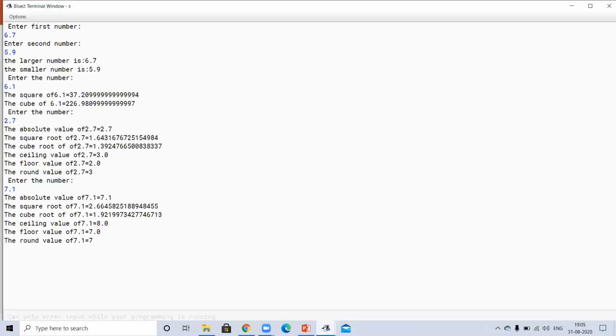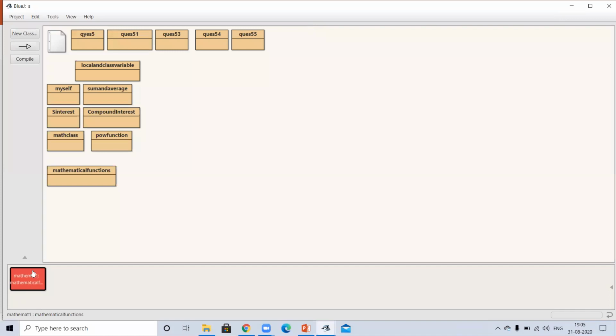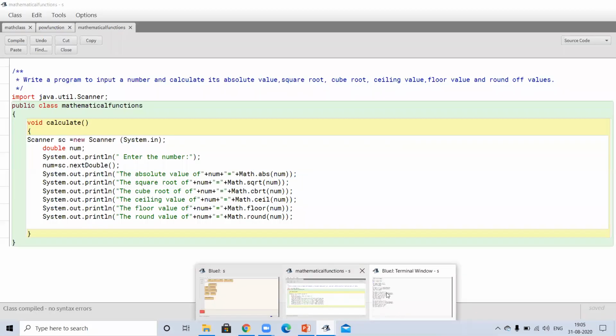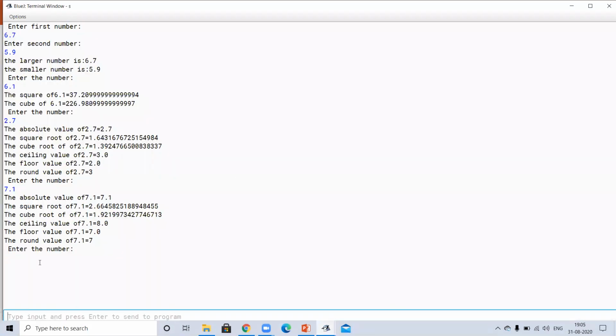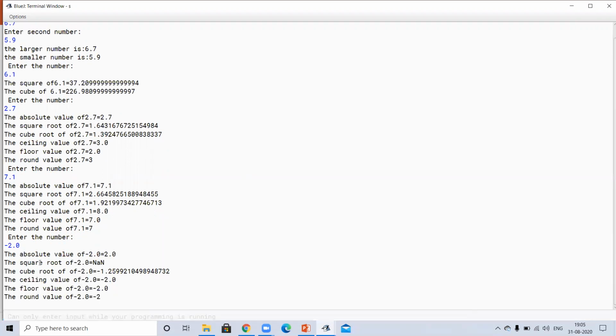Now I am running it one more time. I want to show you something. Enter the number. I will enter a negative number now, minus 2.0. Now let's see what answer it gives.